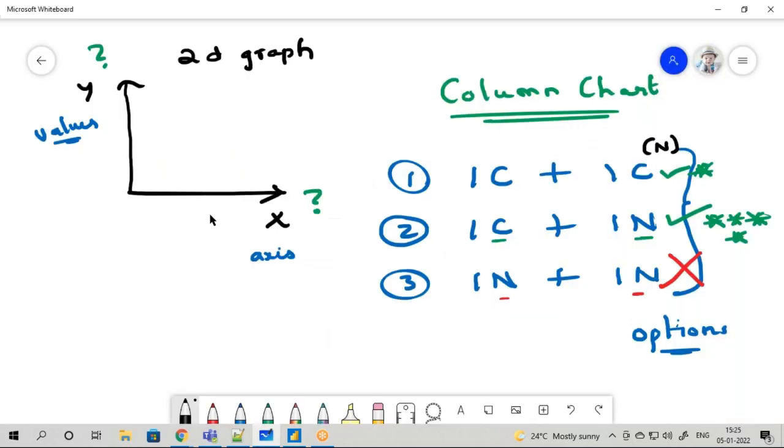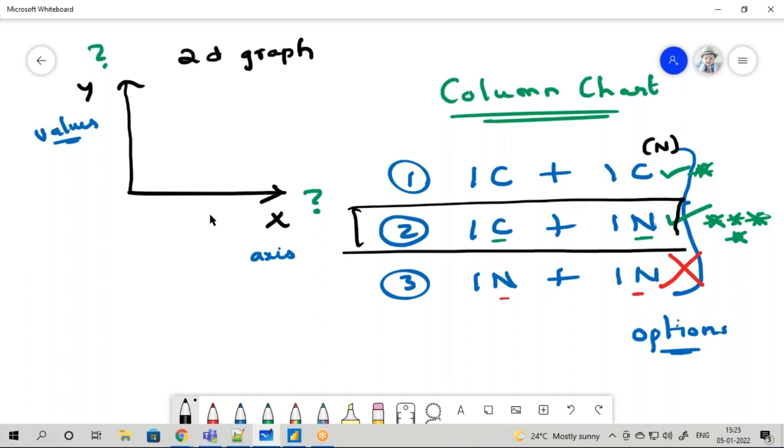So I can say that whenever you want to use your column chart, the best option will be whenever you want to analyze your categorical data with the numerical data. In that case, this column chart becomes very useful. This is also possible. Why? Because internally it is taking as numerical only, because it is taking as count. When it is not suitable, you have to remember this. So this is how you remember how you can use the right chart for the right data.